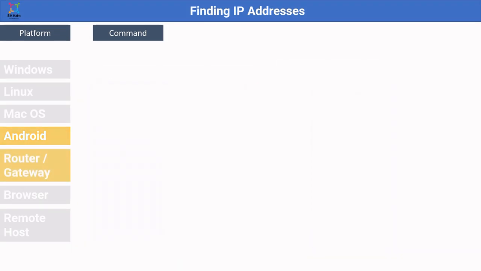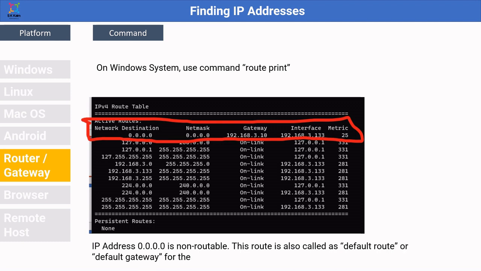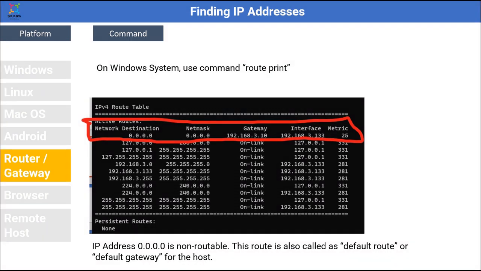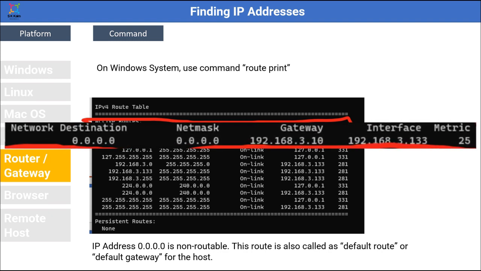You can also find the router or the gateway IP address assigned to a particular host. There is a Windows command route space print that you can use to find the gateway or the router for your system or your network. If you type this command, you will get an output. If you check the output of this command, you will see there is a route defined which starts with network destination